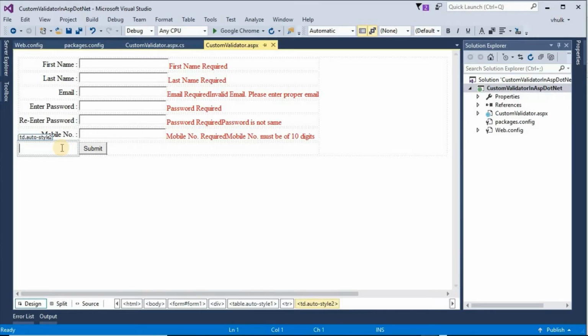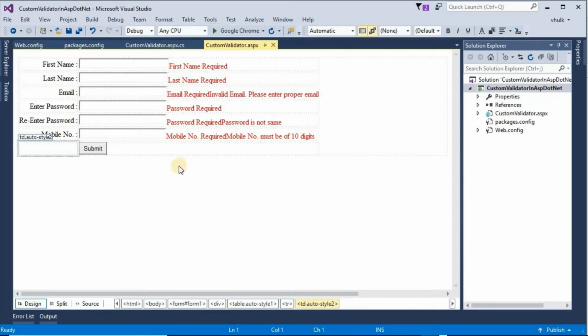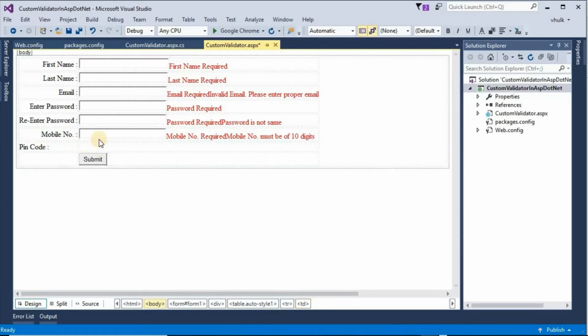First we will add one row. Insert row above. We need one text box.